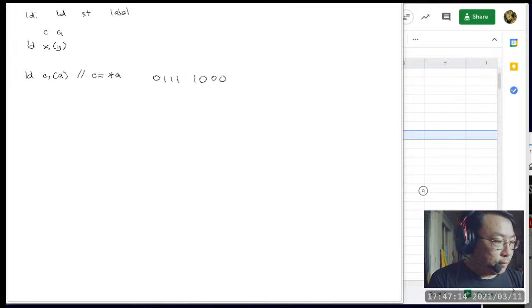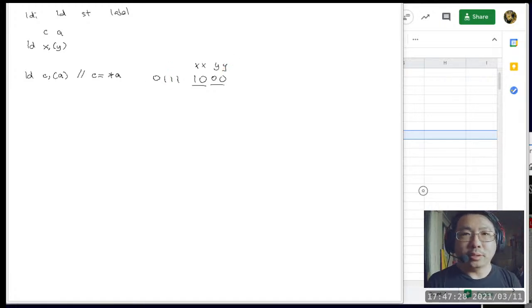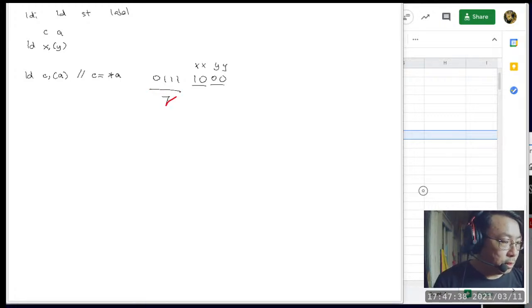Okay, so I just filled in, this is specifying register C, and this is specifying register A. So this corresponds to XX, this corresponds to YY, and because the RAM component requires us to enter the content, if you want to inject content into RAM, you have to enter that in hexadecimal. So now we have to convert this into 7, and then this into 8. So 7, 8 is going to specify the instruction that we want to execute. So now we switch to